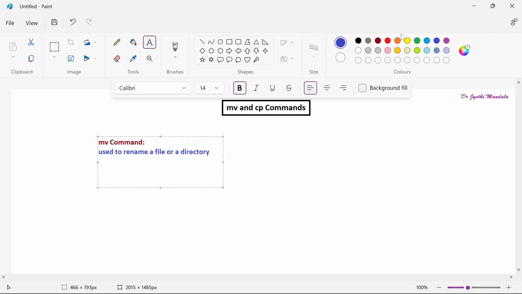The syntax for this one is: you need to use the command MV, and you have some options, which are optional, and then you need to write the source and then the destination. So this is the syntax. Source represents the name you want to rename, and destination is the new name. Whenever you are saying source to destination, understand that it will be removed from here and moved to the destination. Normally we can say it is renaming, or you can also say it is moving